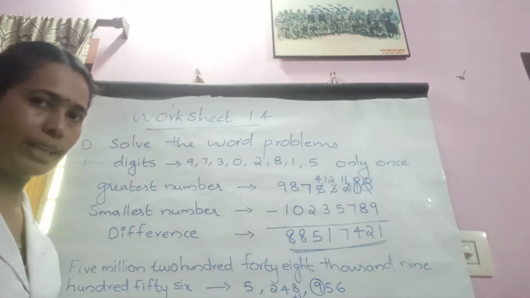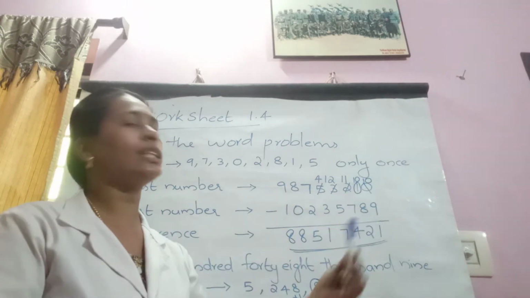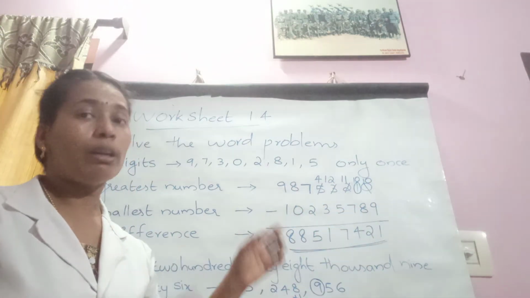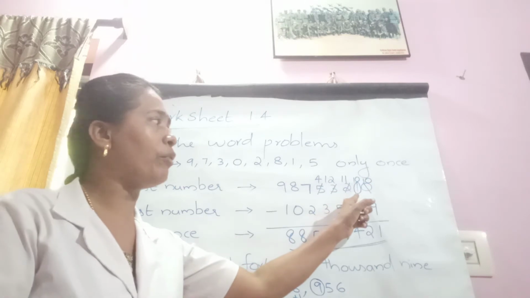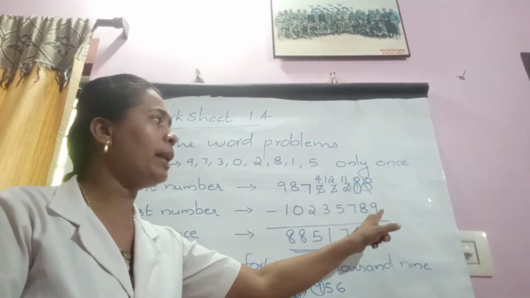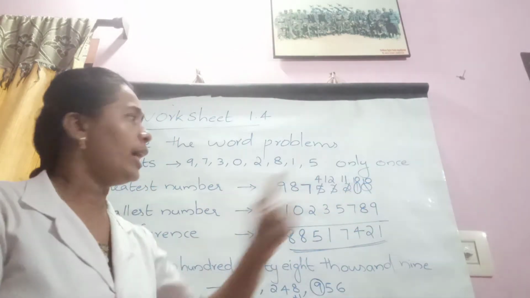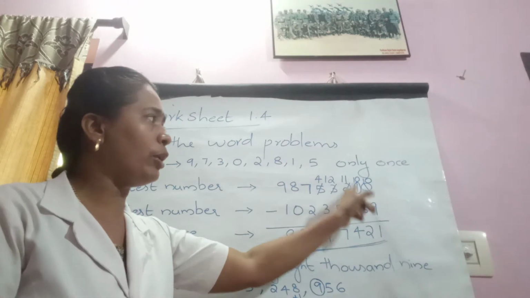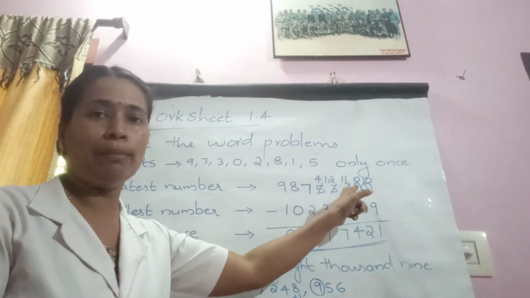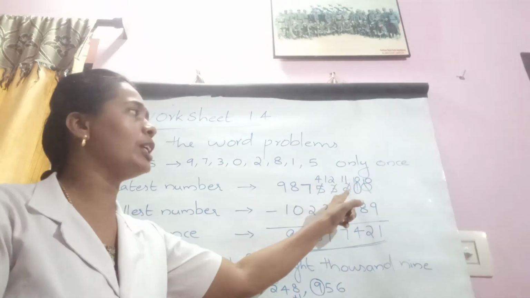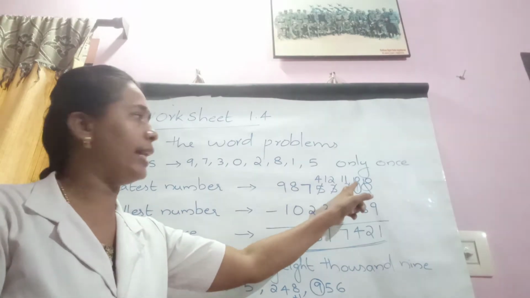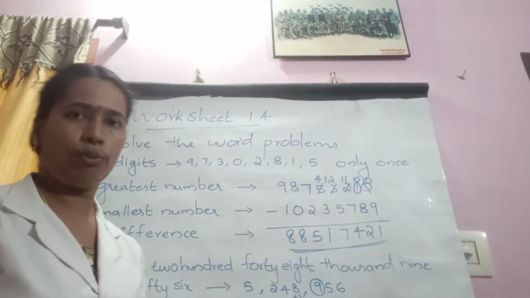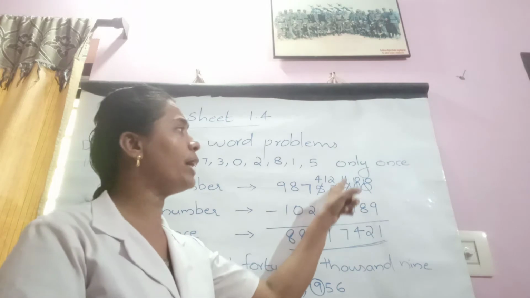Let me explain once again. So here 0. 0 minus 9 is not possible. So borrow 1 from here. So it becomes 10. 10 minus 9 is 1. Then when you borrowed 1 to this side, it will become 0. So borrow 1 from this 2. So it will become 10 again. 10 minus 8 is 2 for us. And this 2 becomes 1.